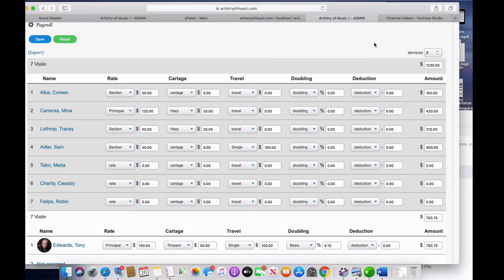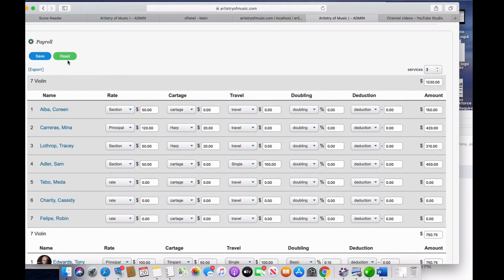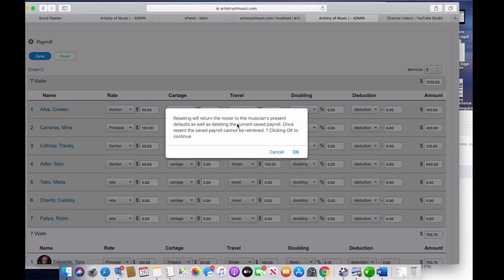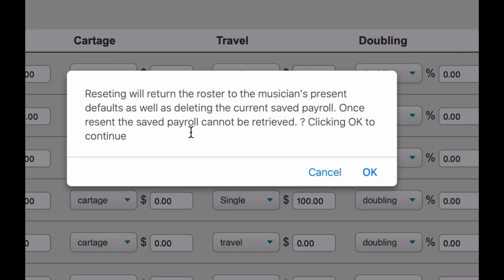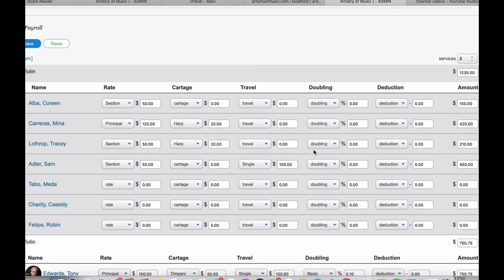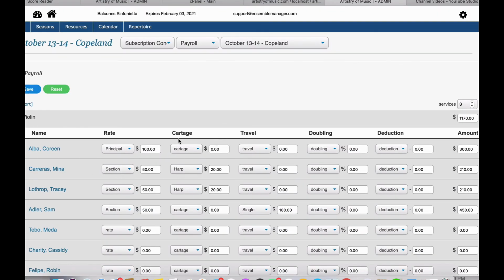Now, for some reason you've made a mistake and you need to reset everything, and it's just going to be a pain to change all this, and you're not going to remember what you did. There is a reset button, but be aware if you reset it, it's going to delete everything that you have saved in the past. So you're going to get a pop-up box, just asking you, do you really, really want to do this? Okay, so we're going to go ahead and click OK, and it's going to recalibrate everything